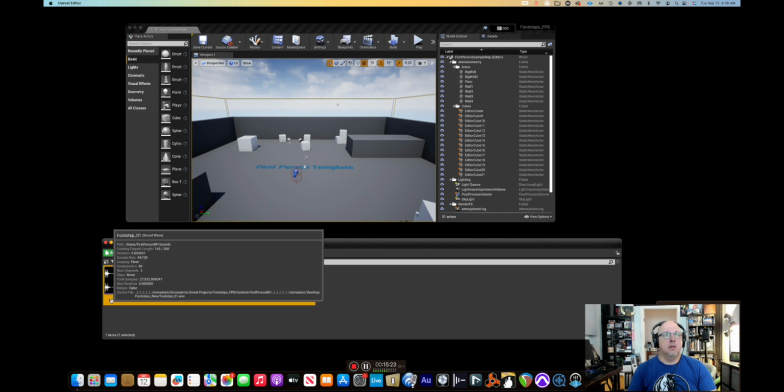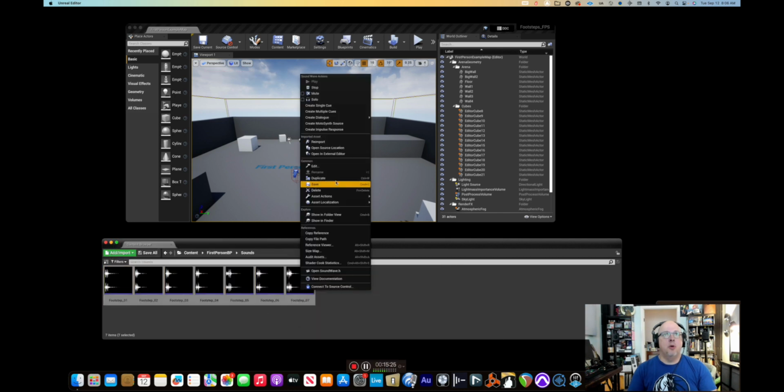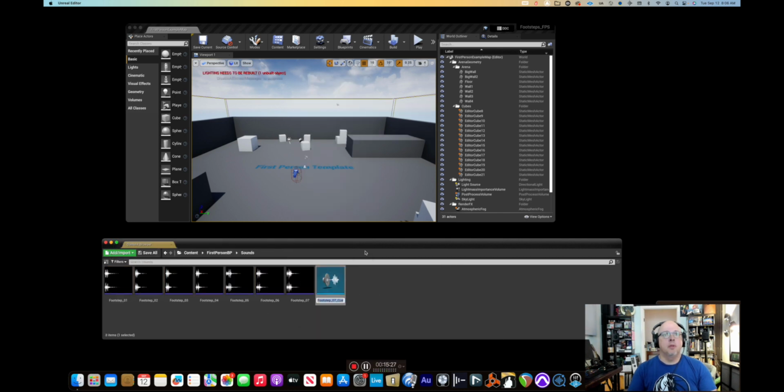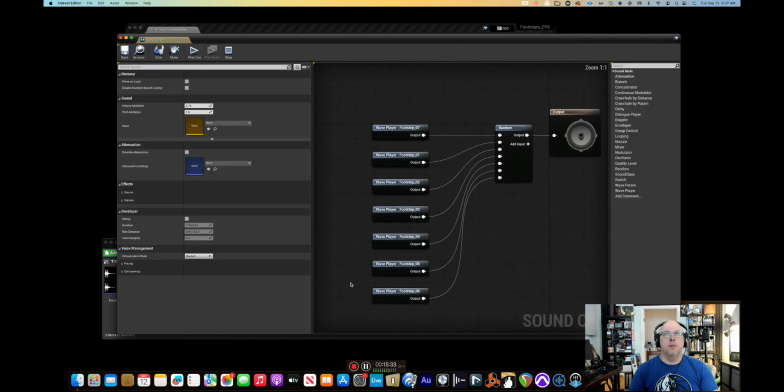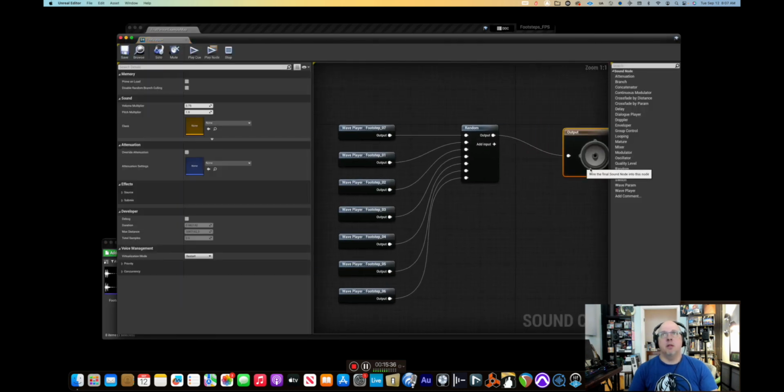If I right click this, select them all and say create single cue, then I have one cue. And instead of saying footstep 07, let's just call it footsteps. Open this up, and what's nice is Unreal automatically randomizes them for you and everything's connected. So if I push play,